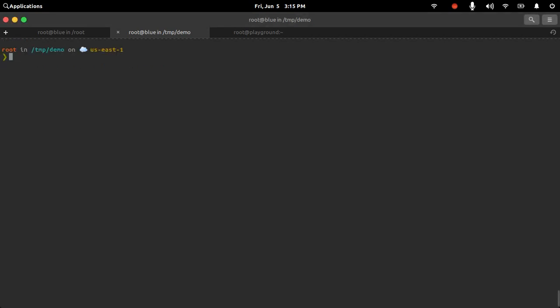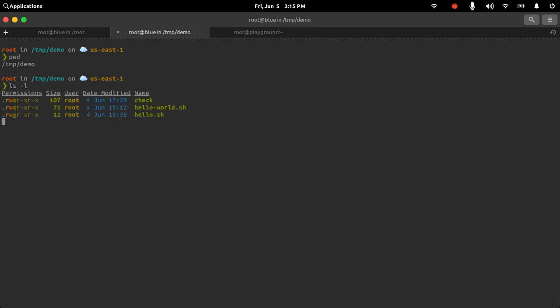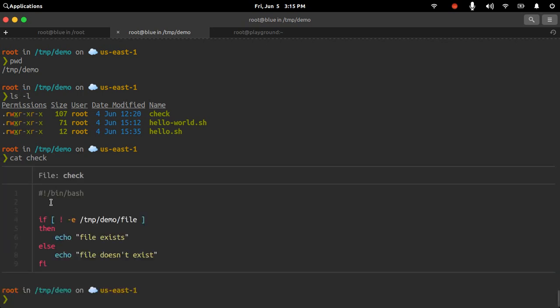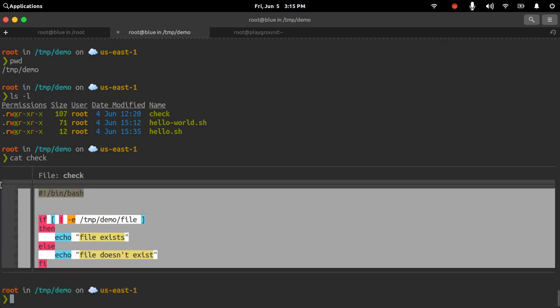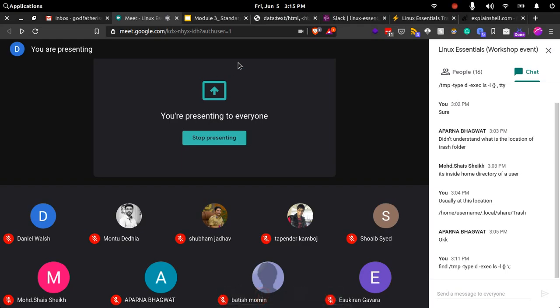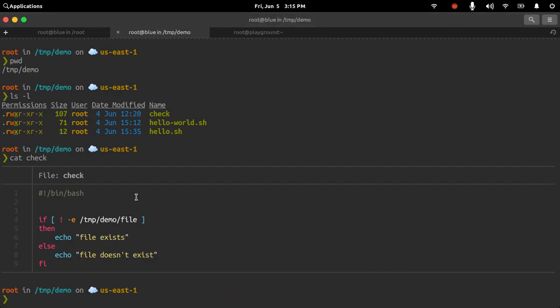Yeah, so here I am in my temporary directory, and I have a demo directory under which I have a few files. The first command was the cat command. Here with cat, I am just printing the content of the file on my standard out, which is my current terminal session. Now the second command that we are going to see is the head command. These are filters basically. So let us do head of this file, check.